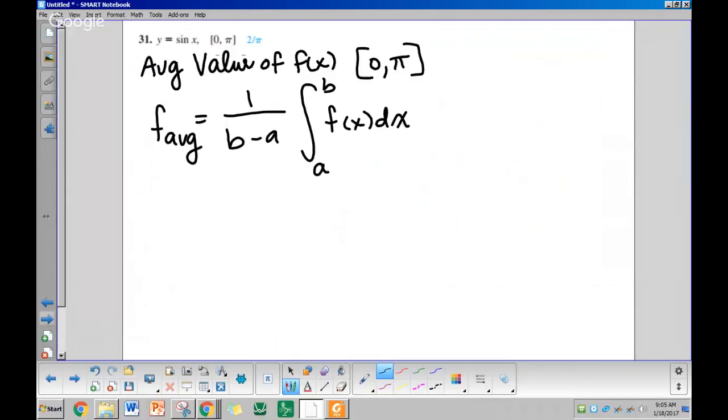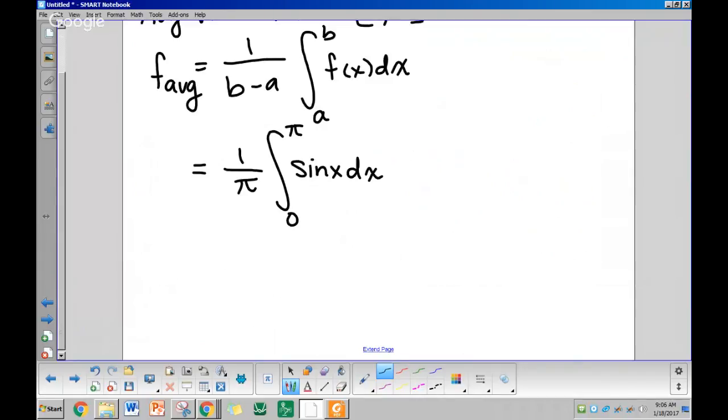All right, so this should be easy enough to say that this is 1 over pi, right? Times the integral from 0 to pi of sine of x dx. Now, what they want us to do is use the fundamental theorem of calculus, which is we're going to take the antiderivative of sine x. So sine x is somebody's derivative. Good. So this is equal to 1 over pi times negative cosine of x evaluated between 0 and